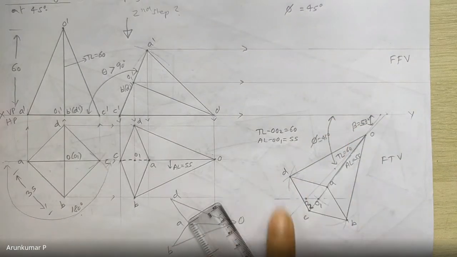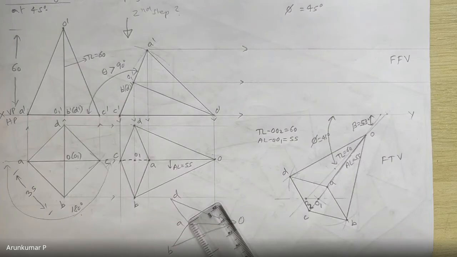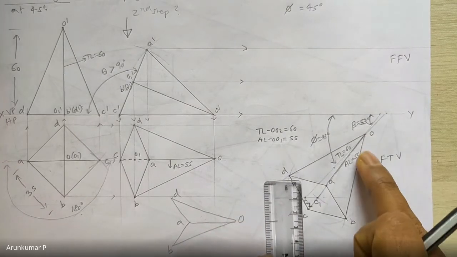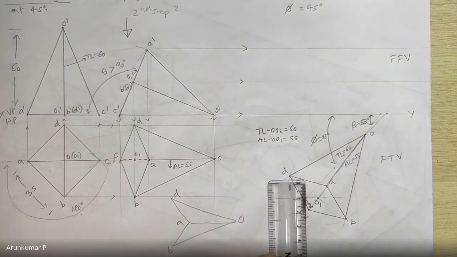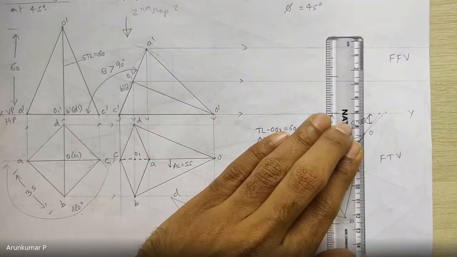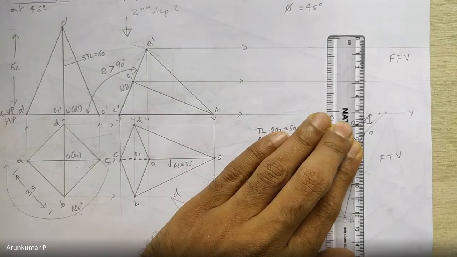So these 6 projectors, it is better you draw one by one, otherwise 6 by 3, that is 18 intersection points, and you have to locate only 6. So you have to be careful here. What I would suggest is, you draw the vertical projectors one by one and locate the points. Starting with O. First start with the axis or with the base, it's up to you. So I'll start with the axis.